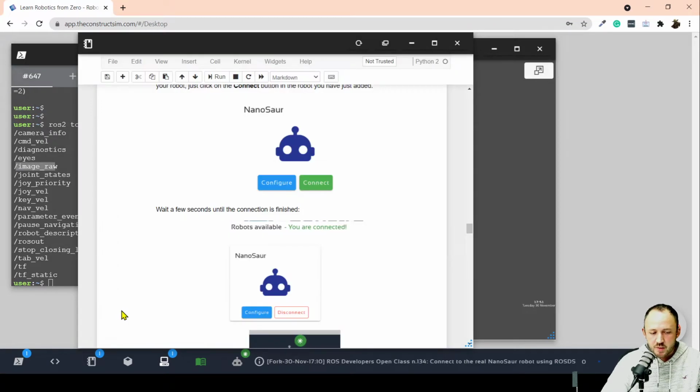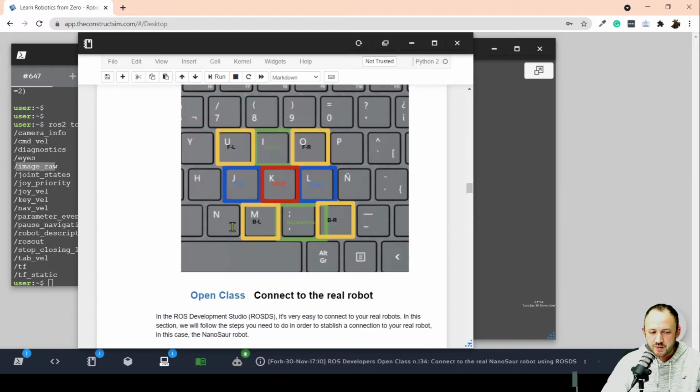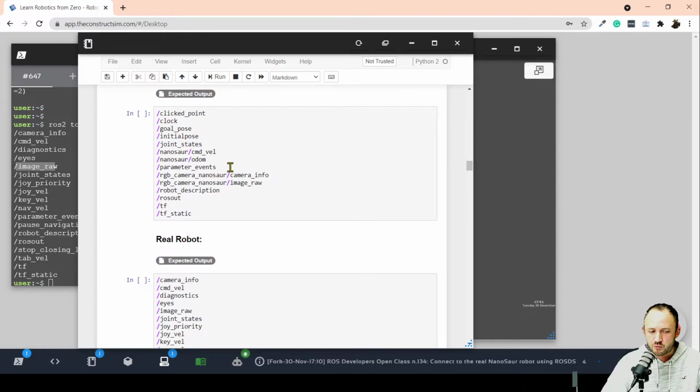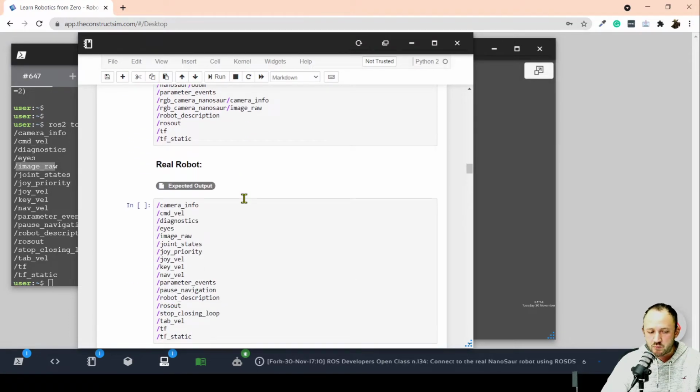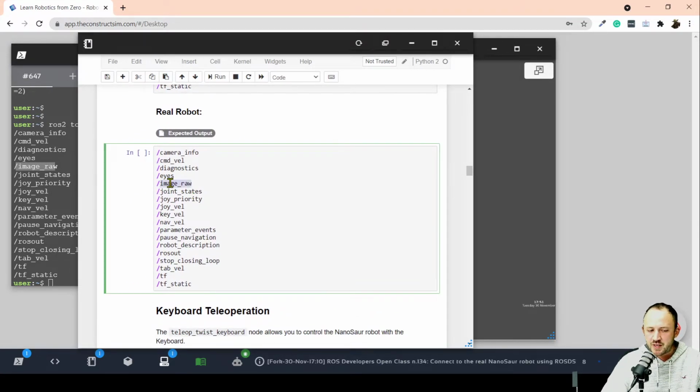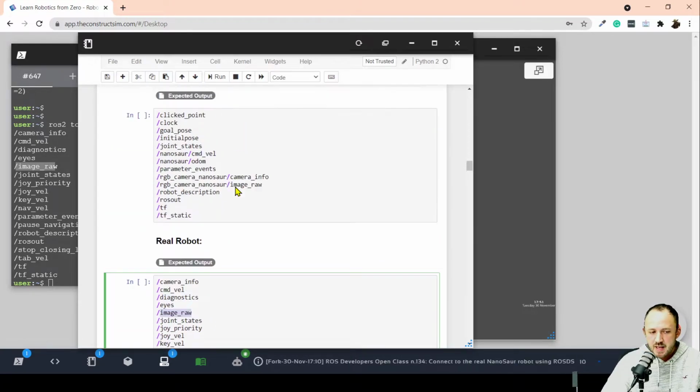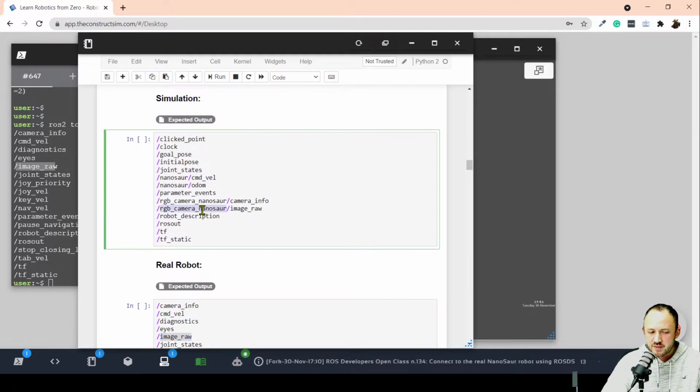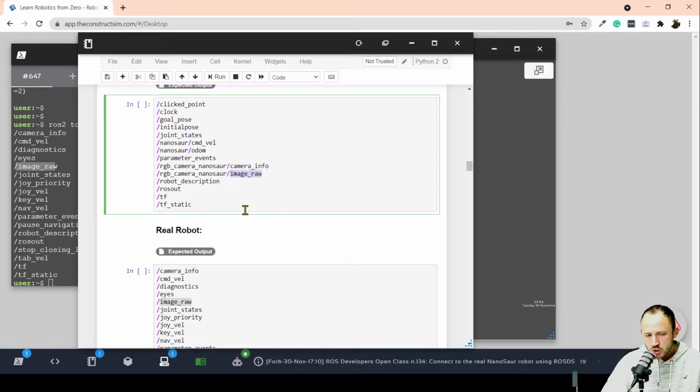This is something that we can see also in the notebook here, in the difference between the ros2 topic list from the simulation and the real robot. So in the real robot, the topic for the camera is image raw. And in the simulation, the topic for the camera is rgb_camera/nanosaur/image_raw. So they don't have the same name, okay? So I'm going to have to do something before I run the object detection node with the real robot. I'm going to need to update just a couple of things in the code of the object detection node,